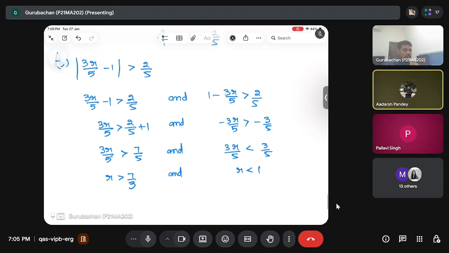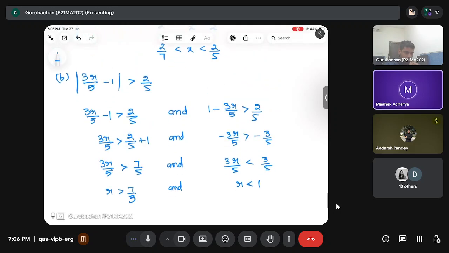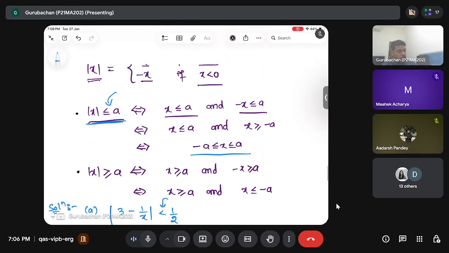Yeah, Sir, I just have a doubt. Why did we, like in the second one, why did we take it reverse? Like, why did we write 1 minus 3? I didn't get it. See here,